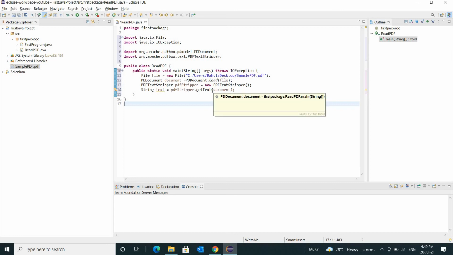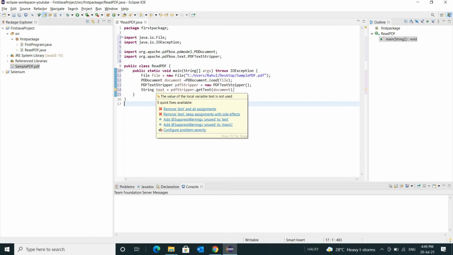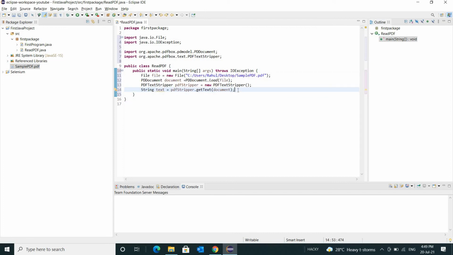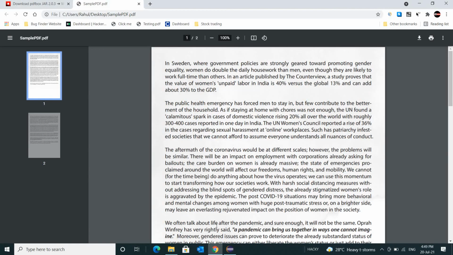Now by using these 3-4 lines, we have stored all this data in a single string.